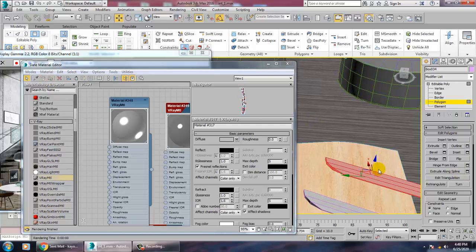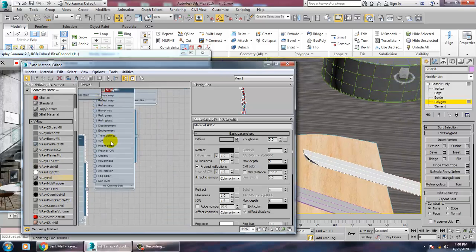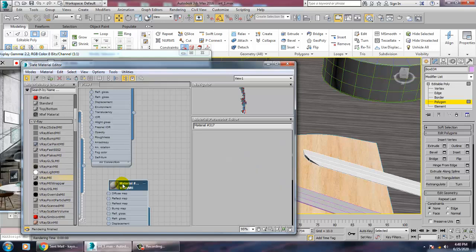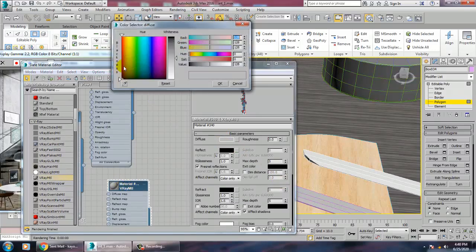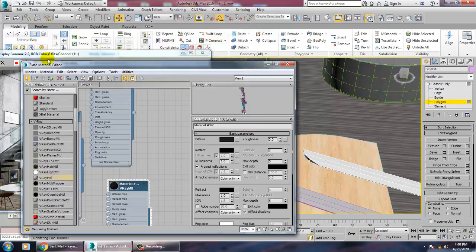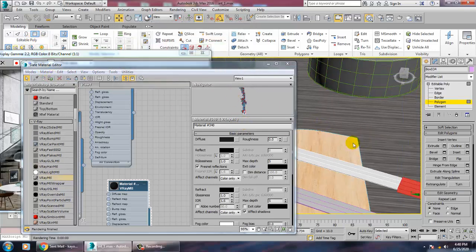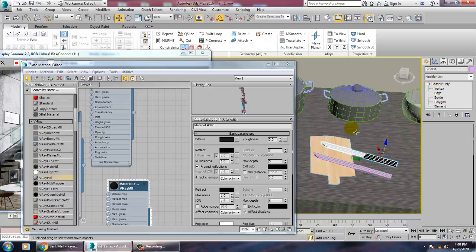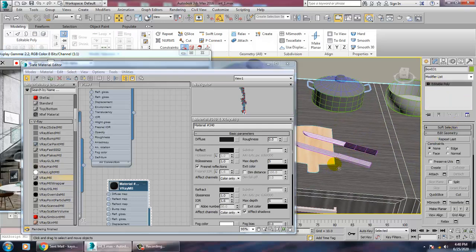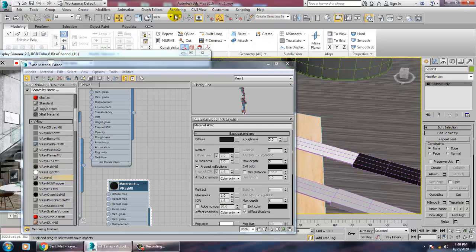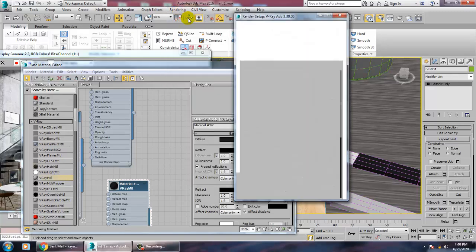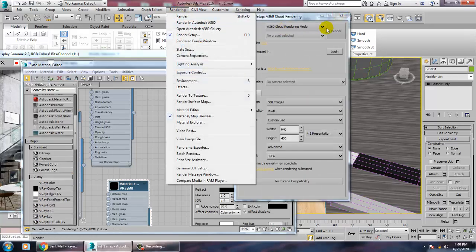Inverse it and let's give just a black material to send the color. So you can just, oops, I'm sorry.